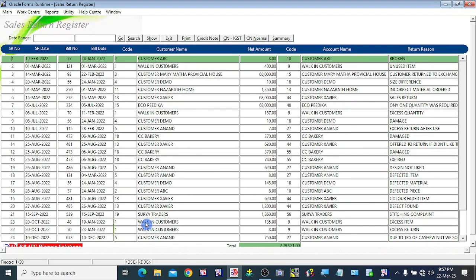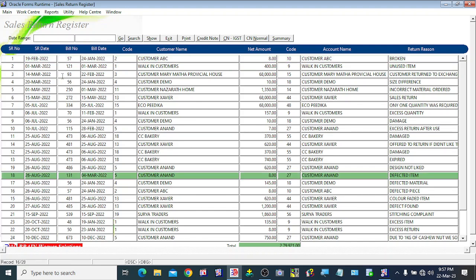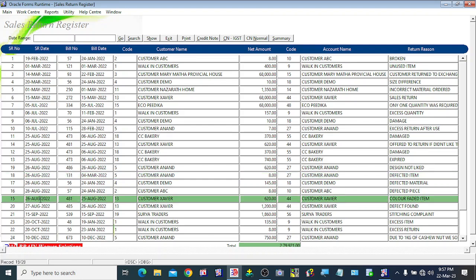Similar to purchase return, we can also filter all the sales return information in this report by giving the date range. If you want to take the printout of